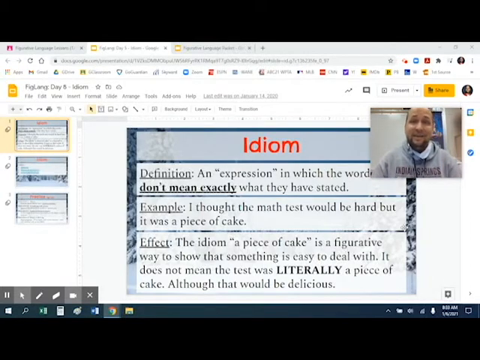And these are the English language version, which you can imagine somebody learning English as a second language, and they hear and read piece of cake. Unless they have that exact idiom in their language, that could be kind of challenging. So again, it doesn't mean exactly what it says. There is an alternate meaning to it. Okay, and that's a great example to come back to.